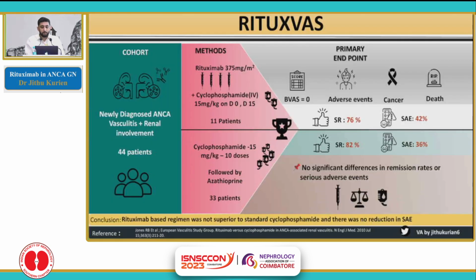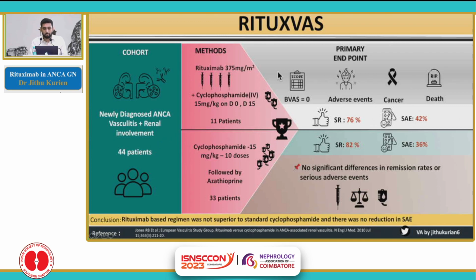We'll be coming to the visual abstract of the RITUXVAS trial. It's very important that the RITUXVAS trial was trying to prove that rituximab is superior to the conventional cyclophosphamide. So the cohort was newly diagnosed ANCA vasculitis with renal involvement. The number of patients was less, around 44, as compared to the RAVE trial, which had close to 197